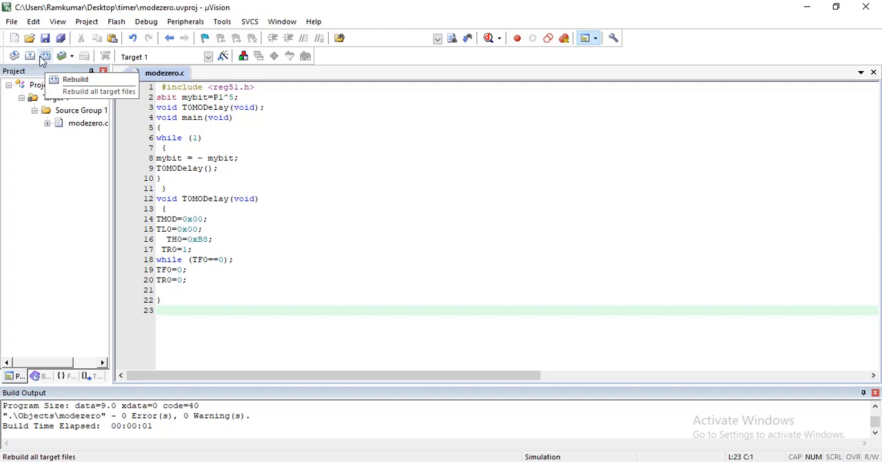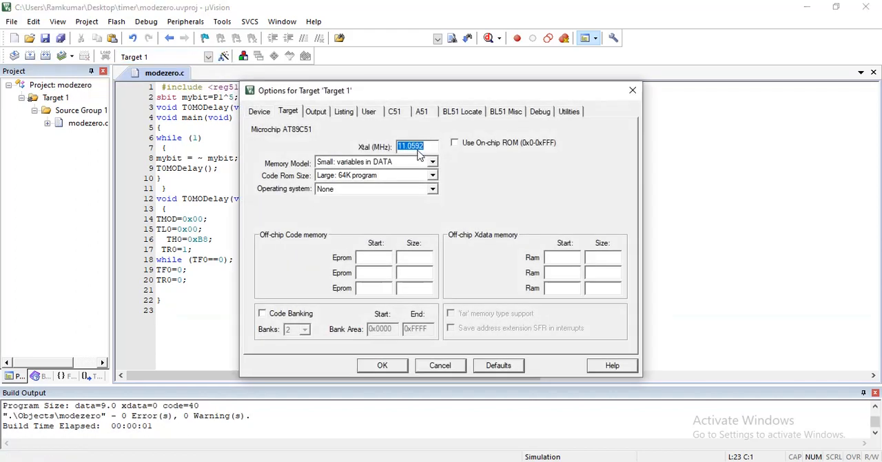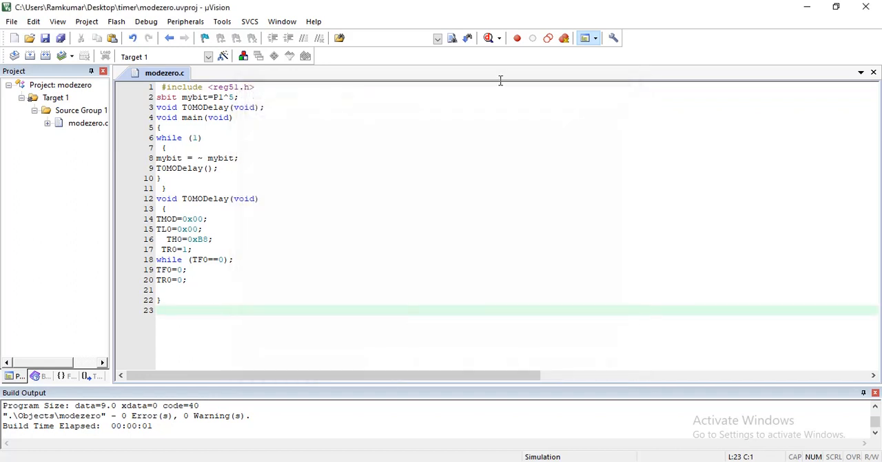and build, rebuild. Before that, you have to ensure what the crystal oscillator frequency is. If it is 24 megahertz, the delay in the output will go wrong. Your LED is not going to be switched on for 2.5 milliseconds and switched off for 2.5 milliseconds, it is not going to happen. That's why you make the crystal oscillator 11.0592 megahertz. So this is the frequency we are using. Next I am going for the